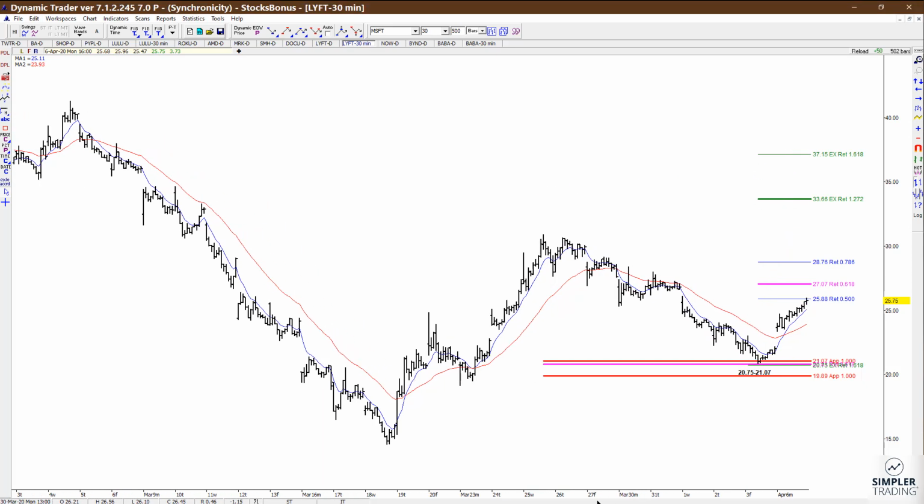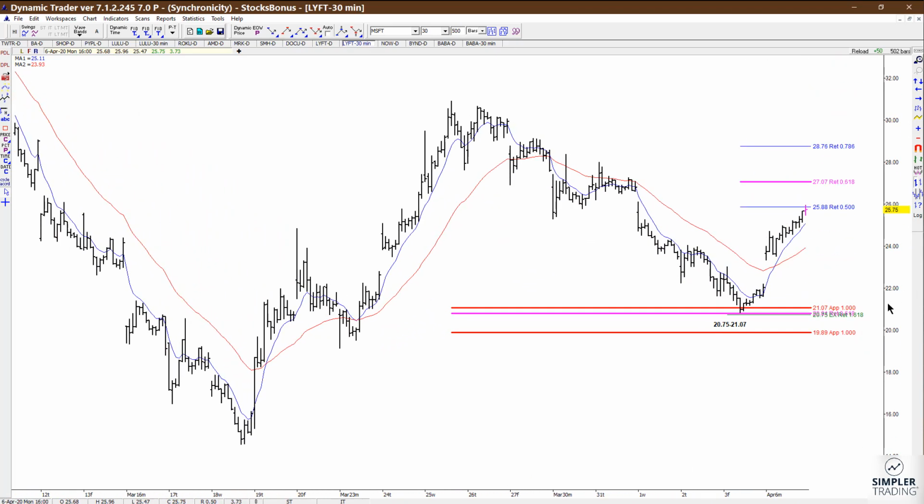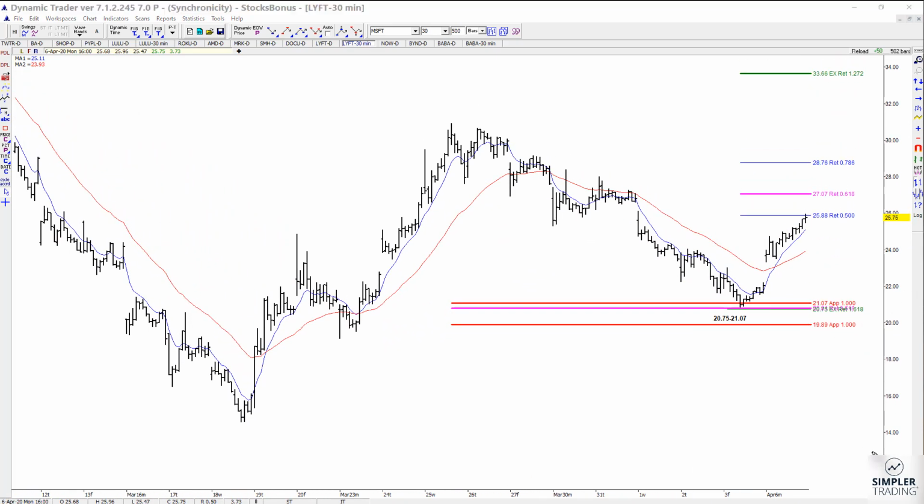Now, the only problem with this is that today, with the gaps that we've had, there was no graceful entry in a lot of these. Okay, now if you don't care that you're a lot further away from where your initial risk is, that's fine if you want to trade it that way, but you would have to risk below this area if you did